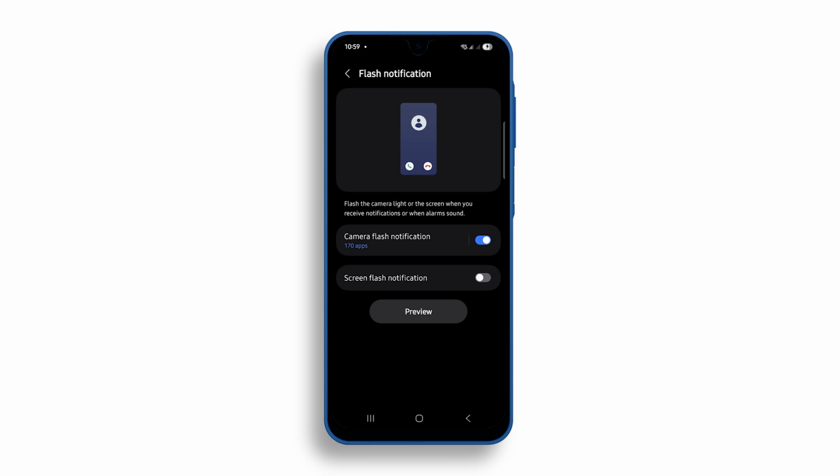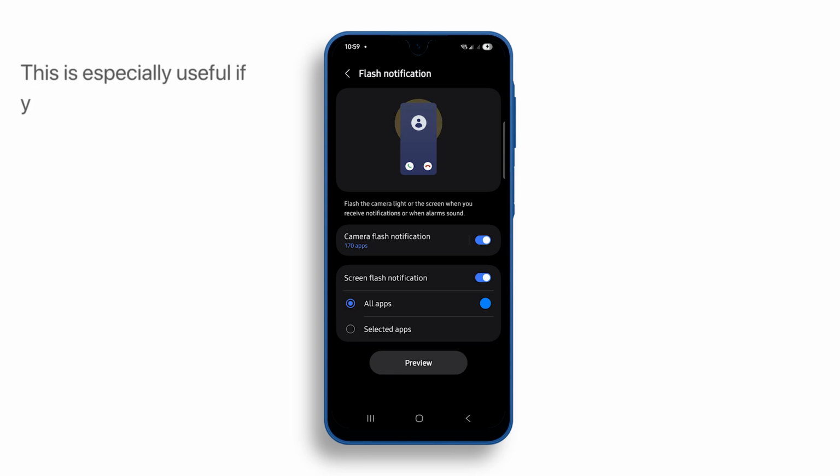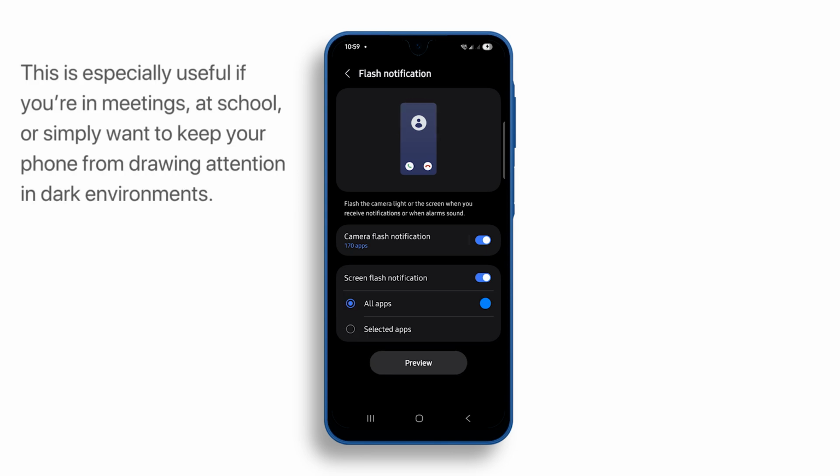From now on, your phone's camera flash and screen won't light up for every notification, giving you a calmer experience. This is especially useful if you're in meetings, at school, or simply want to keep your phone from drawing attention